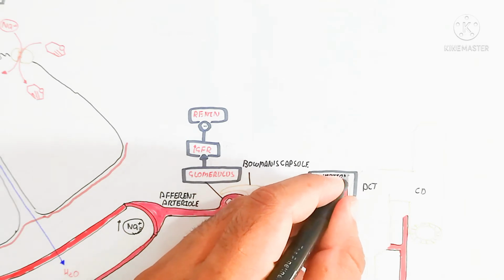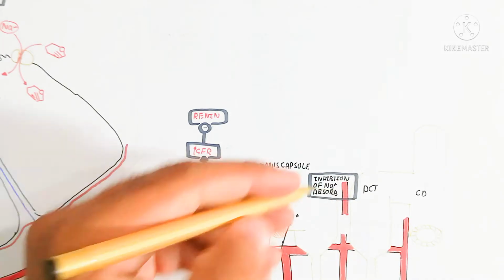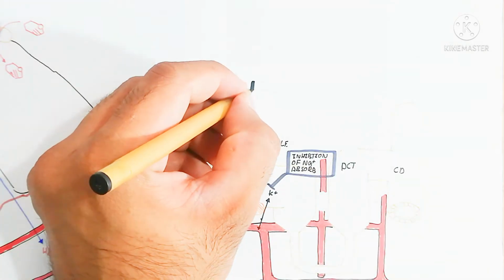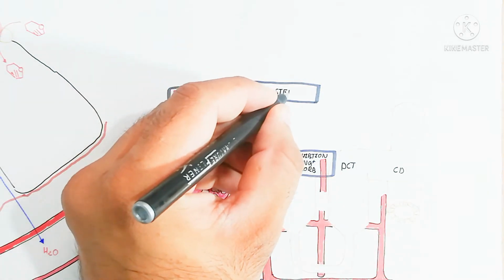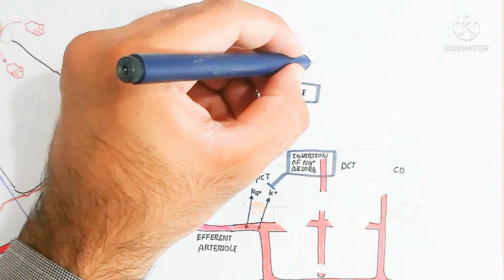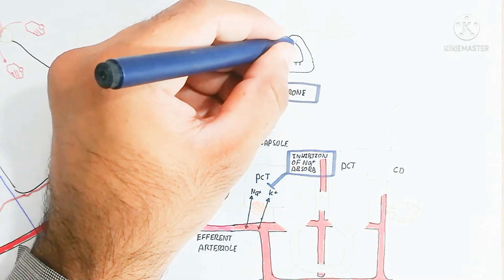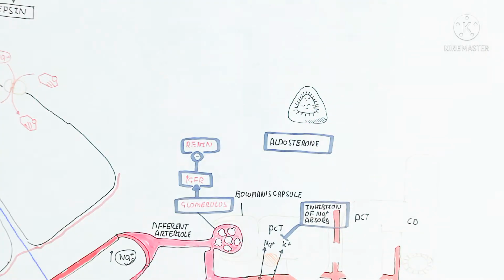So here is the inhibition of sodium absorption by the sodium potassium ATPase pump exchange. So this will be inhibited. Why? Because the sodium will remain in the nephron. On the other hand, here is the adrenal gland, which produces the aldosterone. So it will be stimulated by the